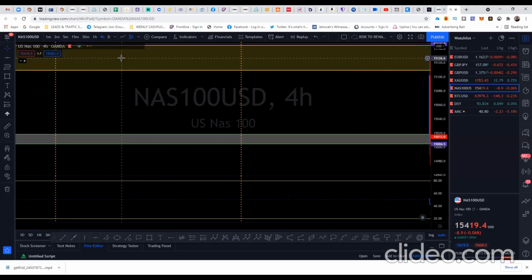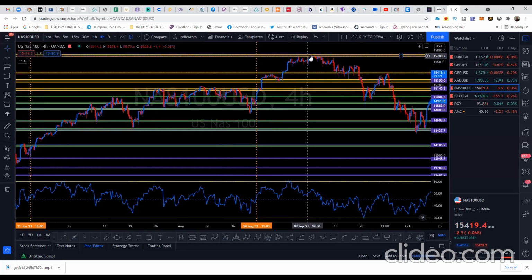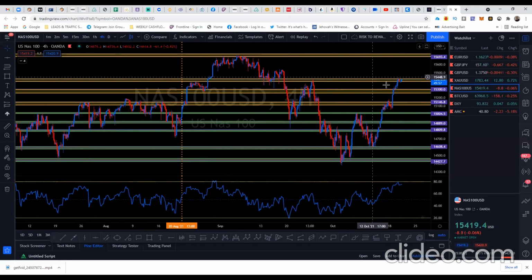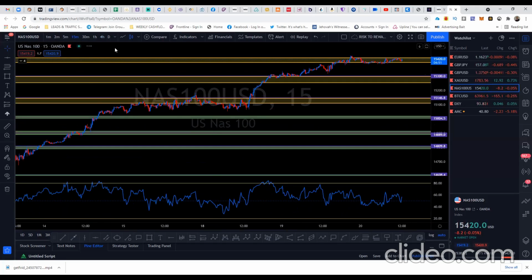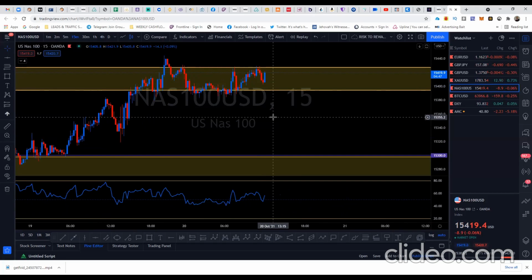Let's go to the 4 hour. So it looks like we drew everything up all the way on the 4 hour as well. And here's current price. So now what we're going to do is we're going to go all the way back to the 15-minute. And this is the 15-minute. Now, what we want to do is